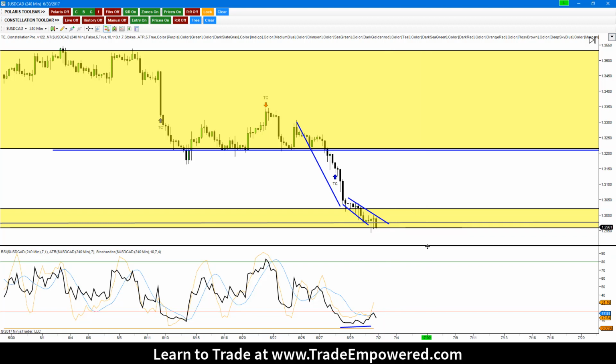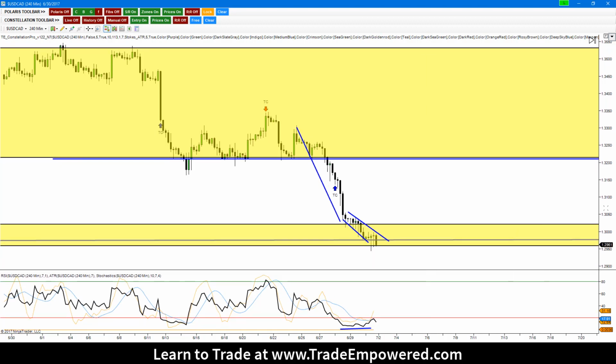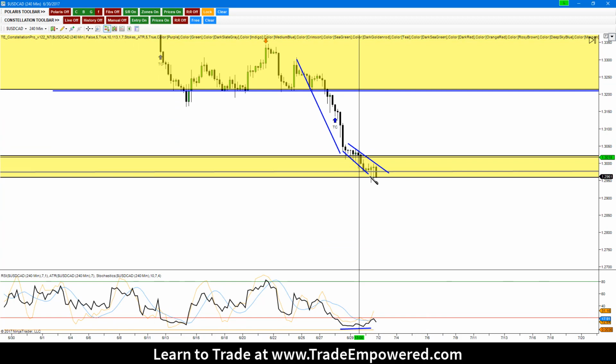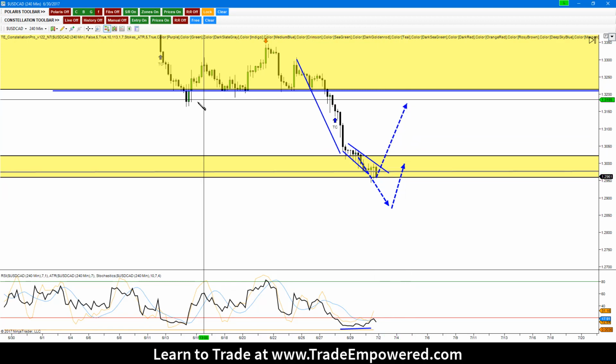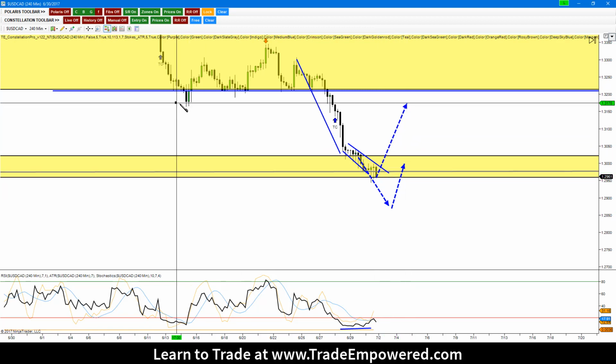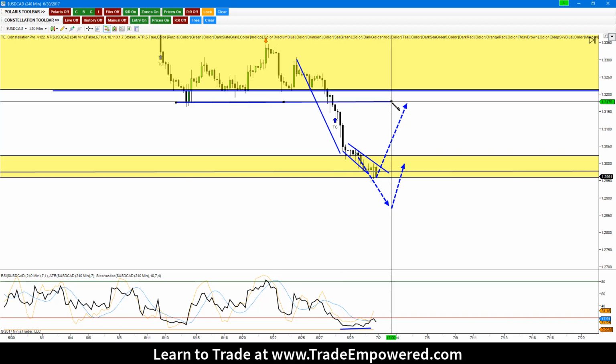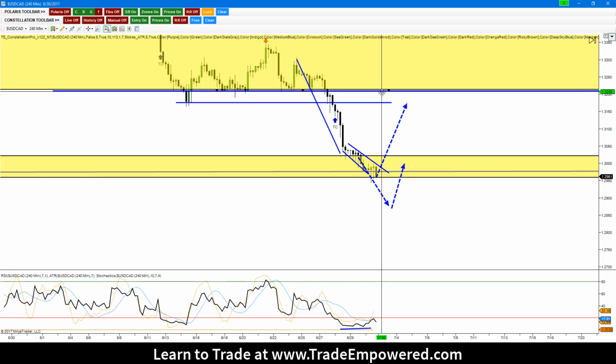Again, I would prefer a better break and close below. So I'd prefer a move down first and then a pullback back to this $1.30 level. But if we don't get this, if we pull back from here, I'm going to look for a move really back up to our previous level of structure, right up here around 131.80s and a little bit higher around 132 flat. So again, it's predictive in my analysis. It's reactive to what the market's going to do.